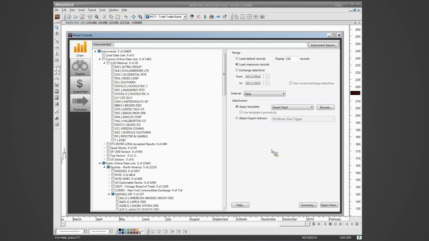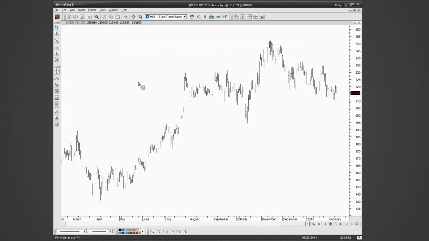So I'm going to go ahead and just close this for right now. So now that I've got the chart open, again, one of our big requests from our customers was doing tick charts. So now, or sorry, tick bars. So now you can actually come down here just like you did when you would change any of the periodicities. You just click on the D here, come over here to custom,